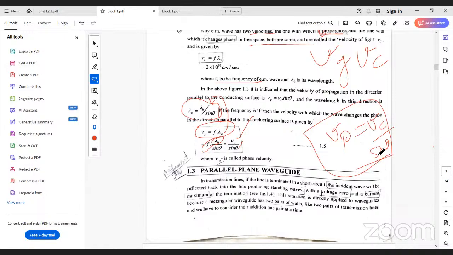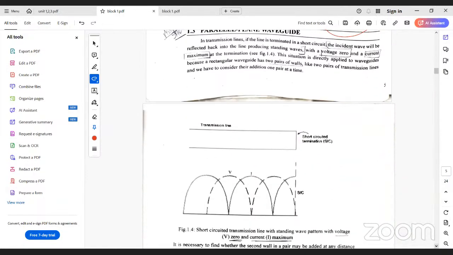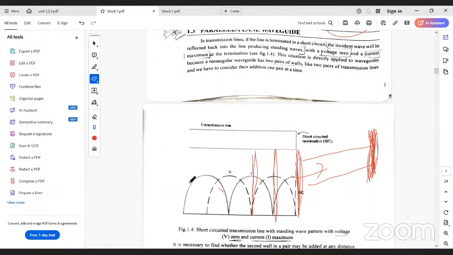Next, parallel plane waveguide. Next topic. What is this parallel plane waveguide? We are transmitting on transmission lines. One side I want to keep open. Other side I want to short circuit or close. This one side is open, another side is closed. This closed part once I kept here. Next to this closed part, I moved to this side. Third time, I moved this closed part. Always this is the open part. One side is always the open part. I'm talking about the closed section.